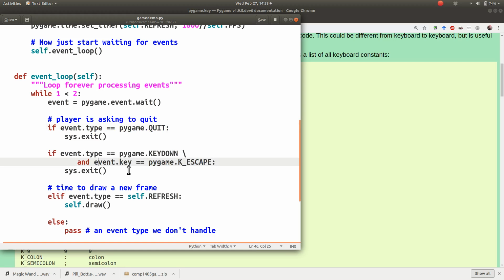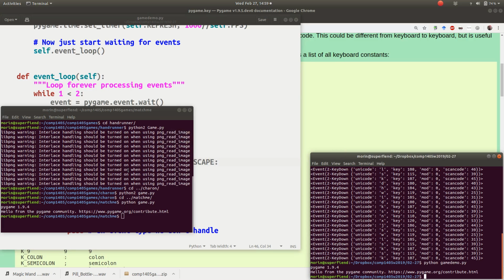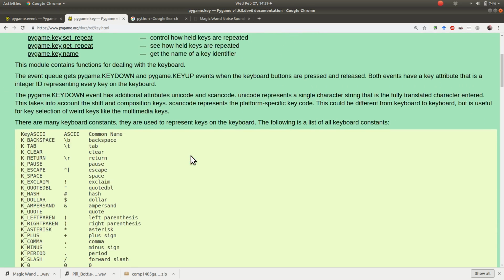But these things here, like event.key, well, event is this thing that we get back. It's an object that we get back when we ask Pygame for an event. And if the event type is a key down event, then it has a property called key. And we saw when we printed that event, there it was. It actually has several properties: a Unicode property, a key property, a mod property, and a scan code property. And I think we could look at what those things